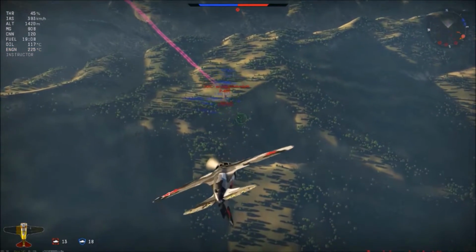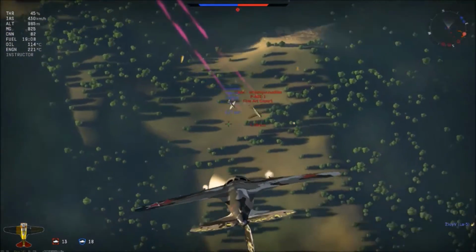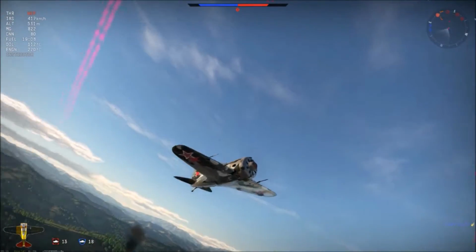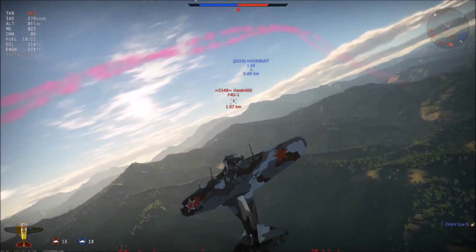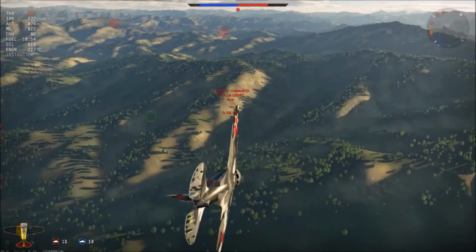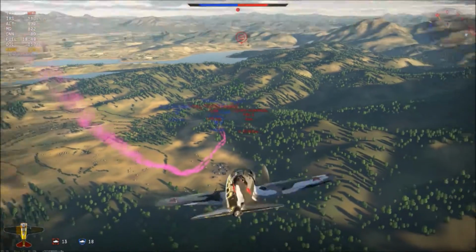So I go for a dive and try to get some shots in him. Unfortunately I aim a little too close again, and now the turn fight is on. The F4Us and the P-40 can't possibly turn with me, so I just have to care for... well, there are 3 enemy planes, so I have to be careful about that. I am at the back of this guy and I try to get shots in him, but then I see...